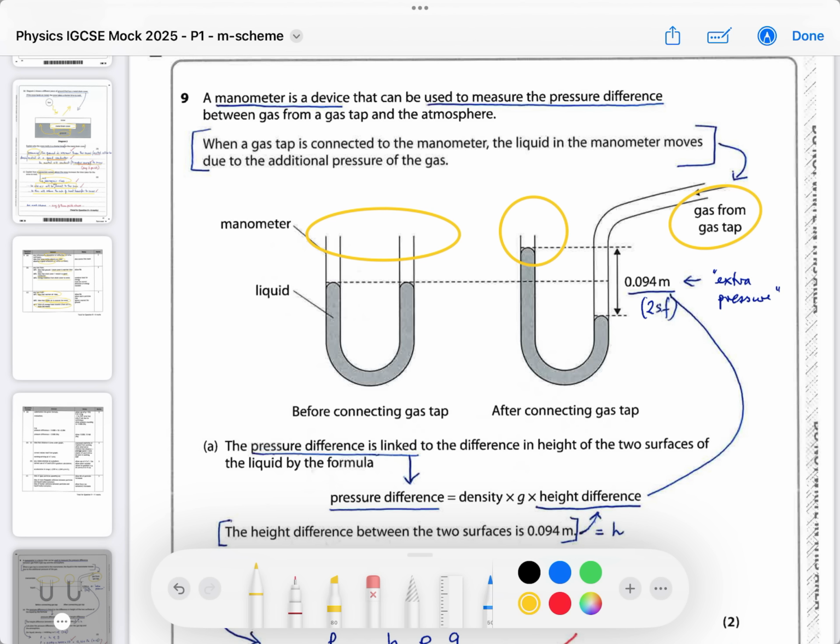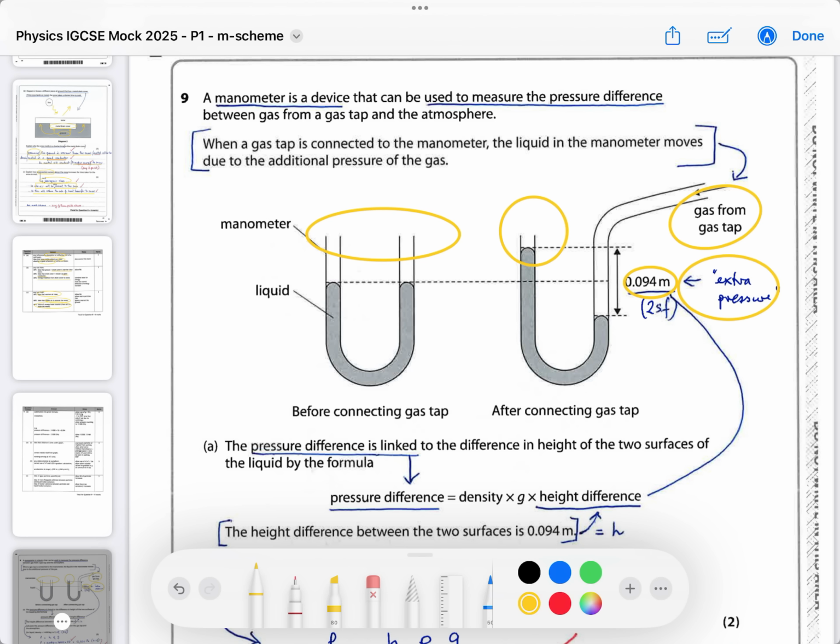So it says, and it's probably going to explain what I just said, when a gas tap is connected to the manometer, the liquid in the manometer moves due to the additional pressure of the gas. In other words, the side of the gas tap has extra pressure. So this is shown by here, where I've written extra pressure, and it's pushed down the liquid 0.094